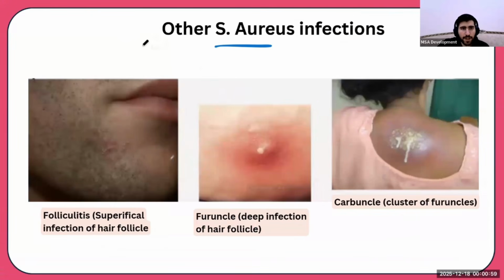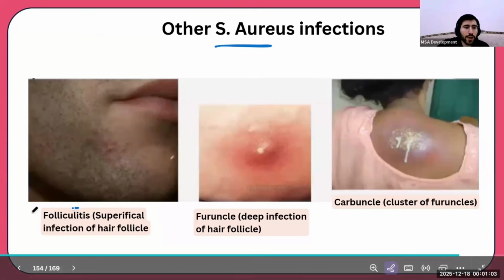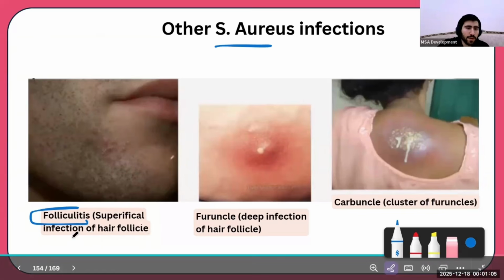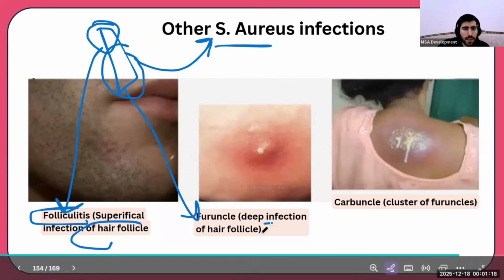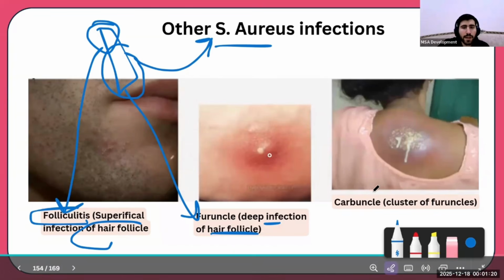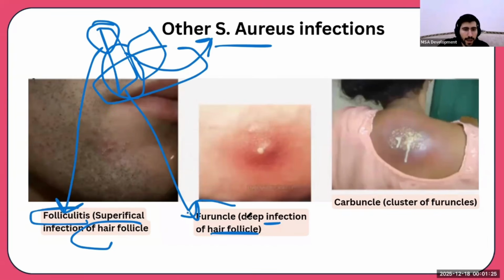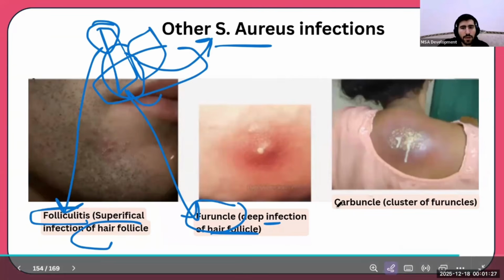Now, other Staph aureus infections. Staph aureus usually live also on our skin and may cause infection. We have folliculitis, which is superficial inflammation of the hair follicle. So this is the hair follicle. If we have superficial inflammation of it, then that's folliculitis. And it's usually due to Staph aureus. Now, if this inflammation goes deep into the hair follicle, that's furuncle, which is deep infection of the hair follicle. And finally, if we have multiple hair follicles that are inflamed deeply, which is multiple furuncles, that's carbuncle, which